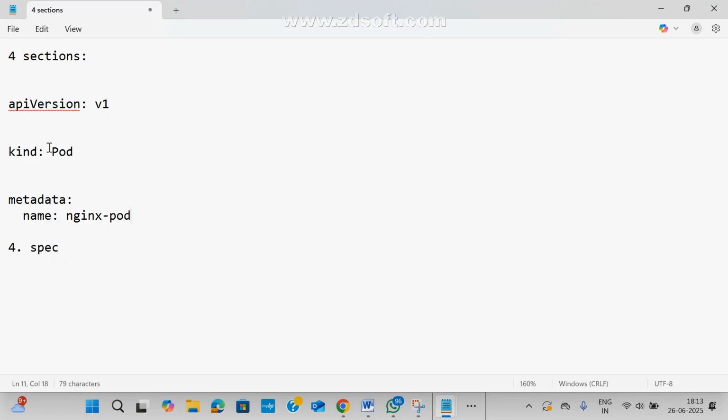Already this is the pod for this name. Which name am I going to specify? NGINX pod. This is the metadata. Next, we are going to specify the specification. Wherever spec is there, spec belongs to the pod. The pod's internal things. What does a pod generally contain? Containers, right? That's why we're writing